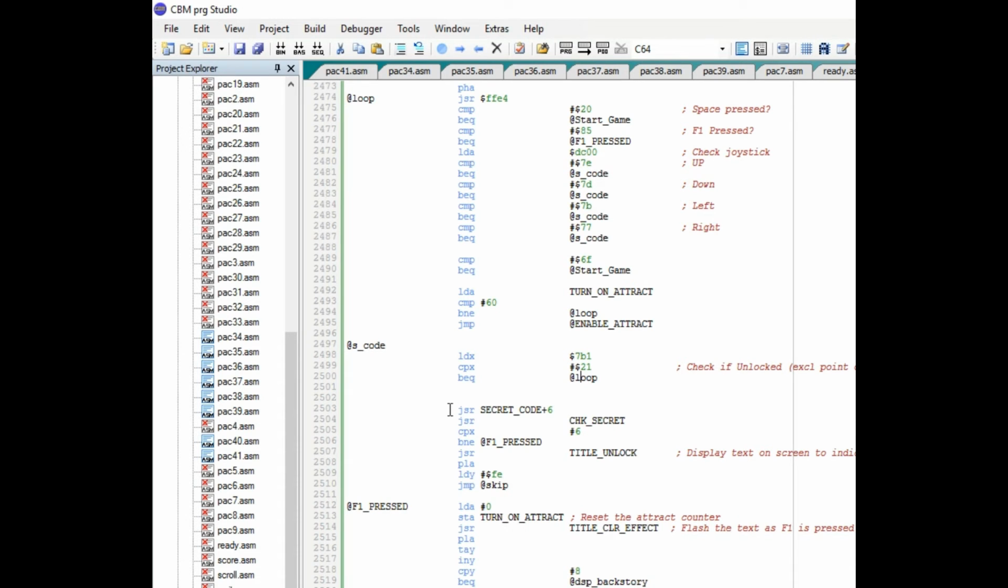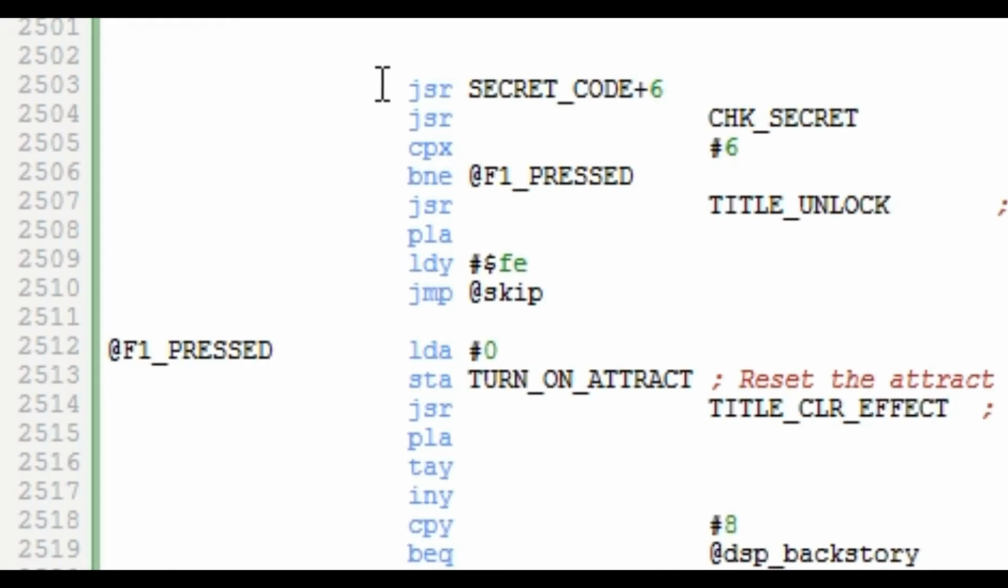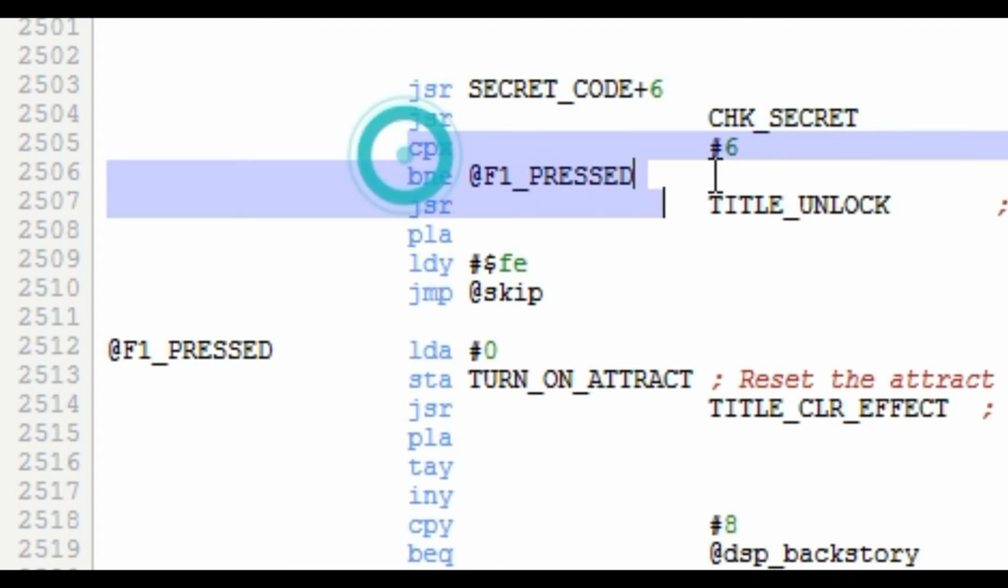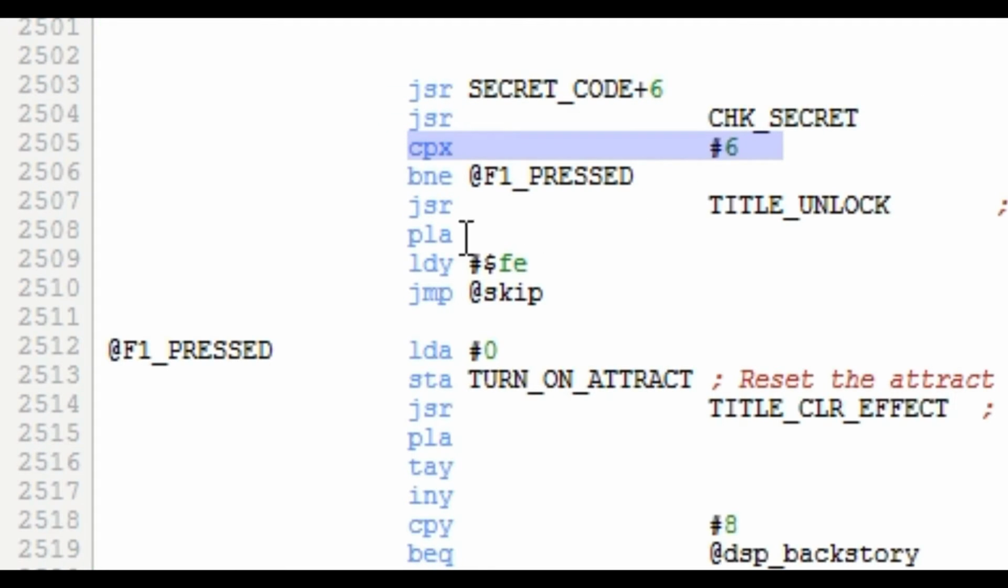And otherwise, it comes down here and it goes here. Right here is where it subs down to save the secret code into those variables I was just showing. And then it checks for the secret code and compares it against 6. If it's not 6, then it's just another button press, and it goes down here. If it is 6, then it